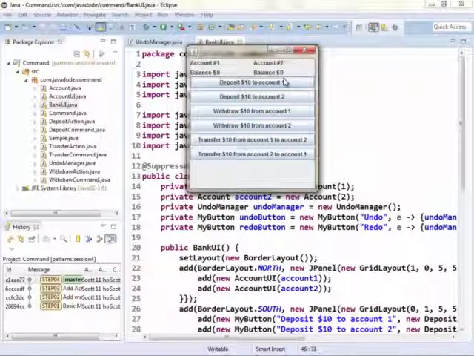So I'm going to deposit $10 into account 1, and you see that immediately this button appears down here. So this account got updated, it updated its state, it went through the undo manager, fired the property changes, we updated that button on the screen. Let's undo that. Boom. We go back to balance 0, and now you notice the undo